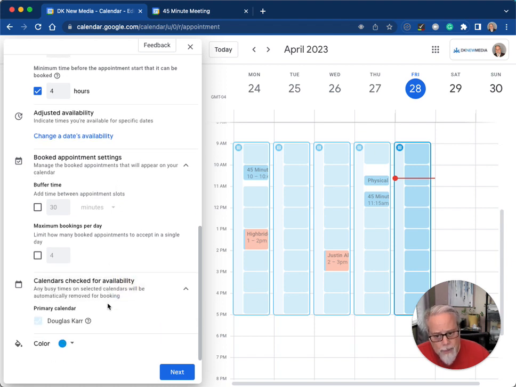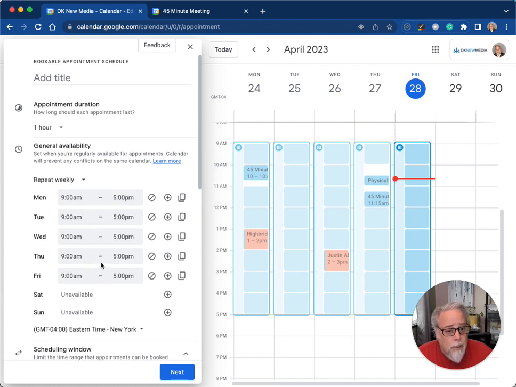So it's really nice. The other part of this that's really interesting is which calendars are checked for availability. So let's say with my agency, if I'm having a development sales meeting, I'm probably going to have my architect in there as well as the business development manager and myself. So I want 3 calendars. And so what I can do is select multiple calendars from my company if I had them. With my Martech Zone calendar, I just have me, obviously. And then you can even color code it for your calendar just to see that this was an appointment that was set with appointment scheduling. So you can see this is a pretty slick